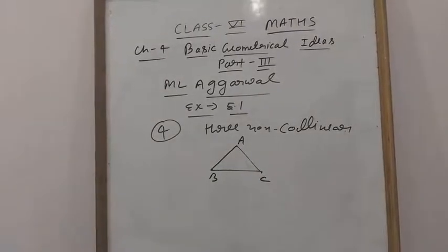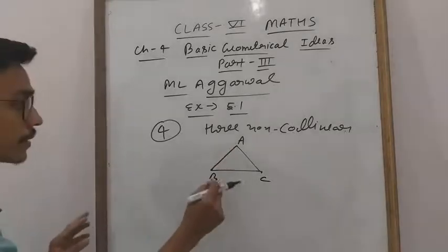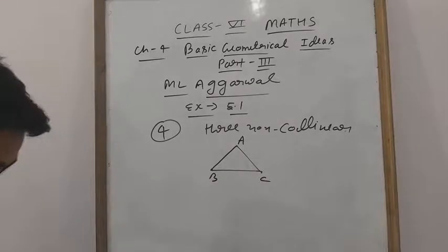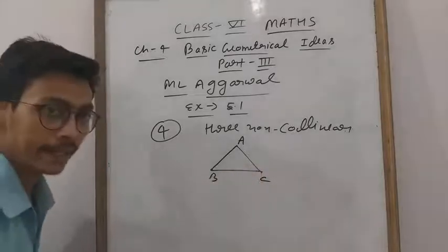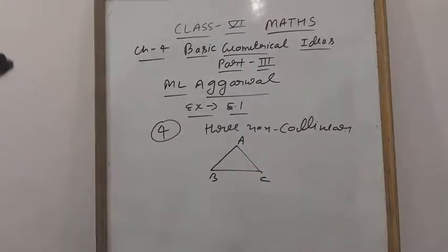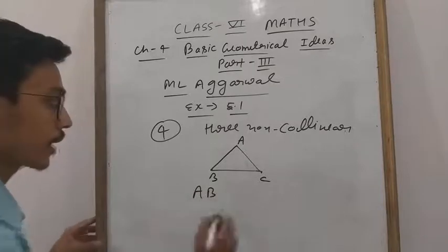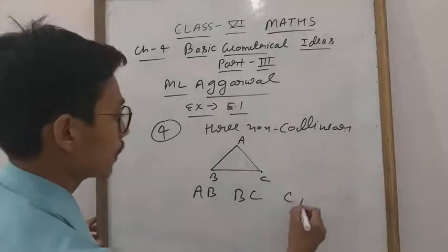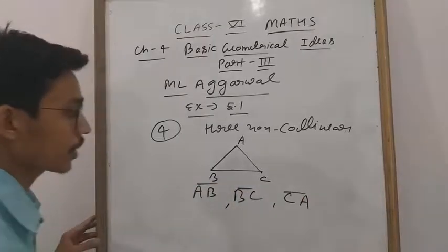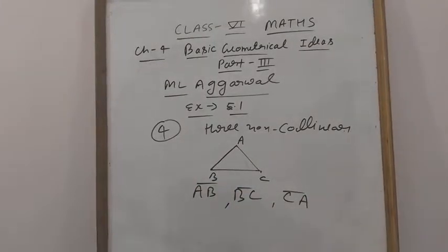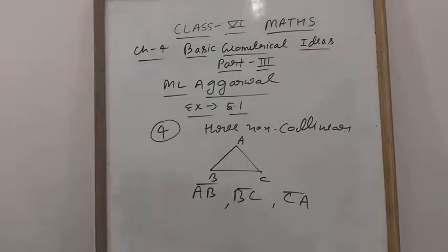Okay student, so see, one time you can take only 2 points. First I took AB, second I took BC, third I took AC. Now this forms a triangle. It is given: draw a line through. Achha. How many such different lines can we draw? So 3 lines you can draw. Also you can write down the names. You can write down AB, BC, and CA. And they are all line segments. Okay everyone? So this is the question: how many line segments will you draw, and the points are collinear. So I explain what collinear points are, students. Clear? 3 lines you can draw. Okay, everyone?